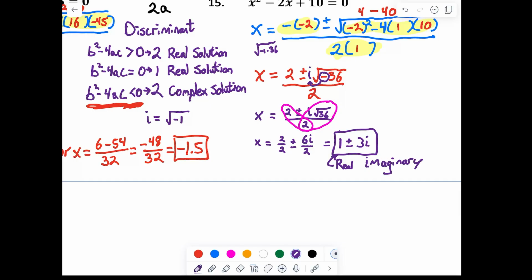I have 2 over 2, that is 1, and then plus or minus 6i divided by 2. The 6 divided by 2 is 3, and i. And there are my two solutions. I have my real part right here, and I have my complex, or rather my imaginary part, my